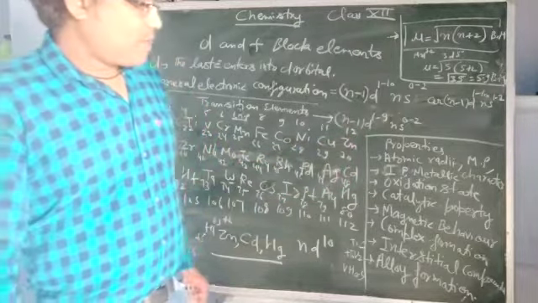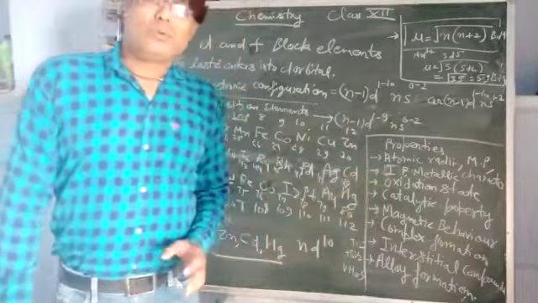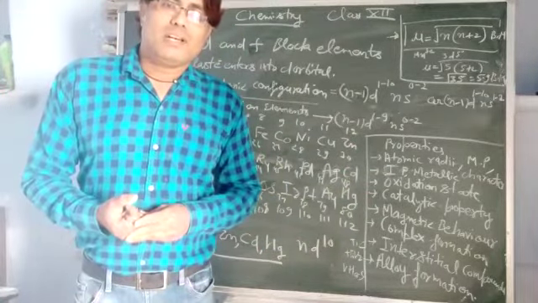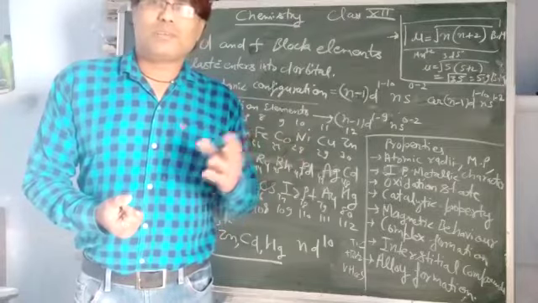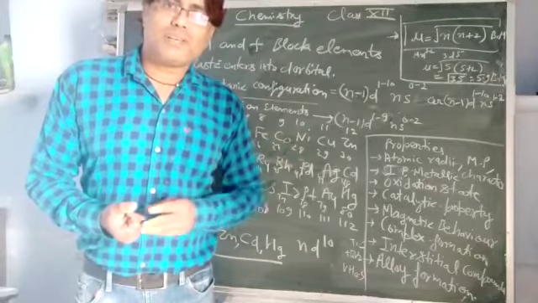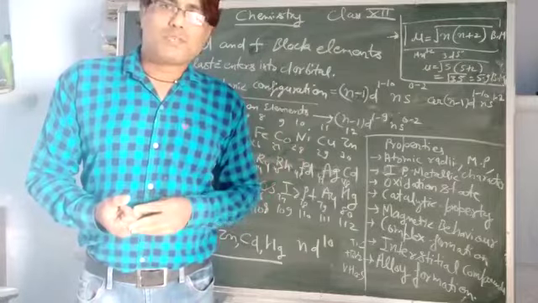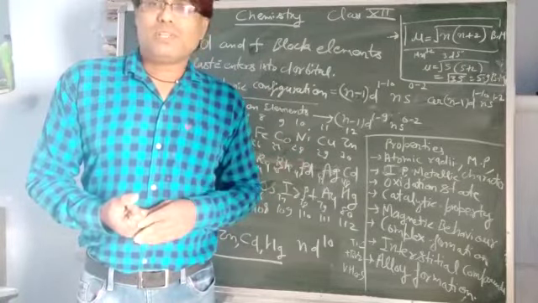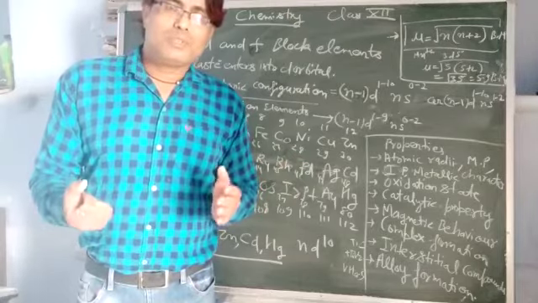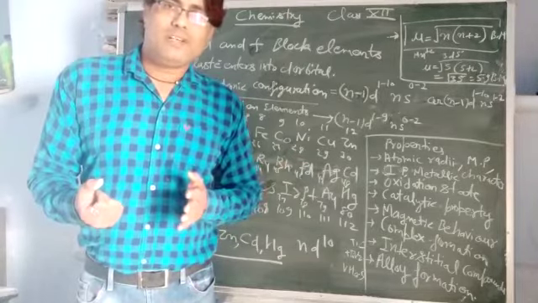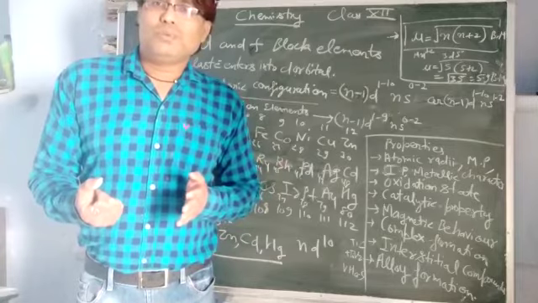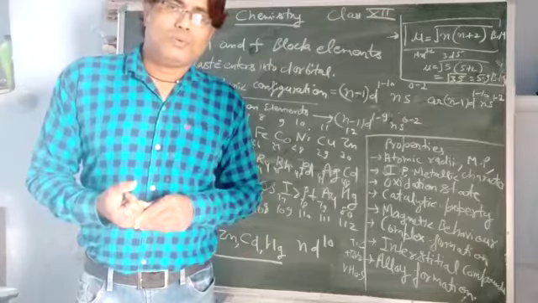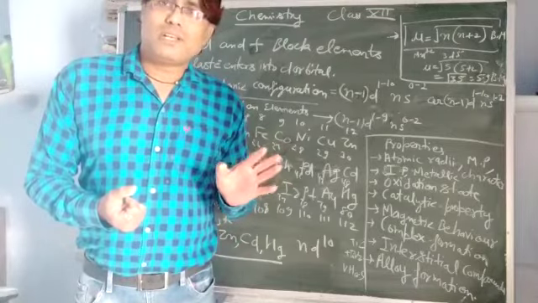Now next, catalytic property. So you know these d block elements show catalytic property. They can increase the rate of reaction. The oxides are generally used, like in the contact process of formation of sulfate, in which we are using V2O5. And there is the Haber process, in which we use a metal like iron. So these d block elements are used as catalysts because they have partially filled d orbital, and due to this property they can form complexes. They have complex formation tendency also. So due to this character they are used as a catalyst.